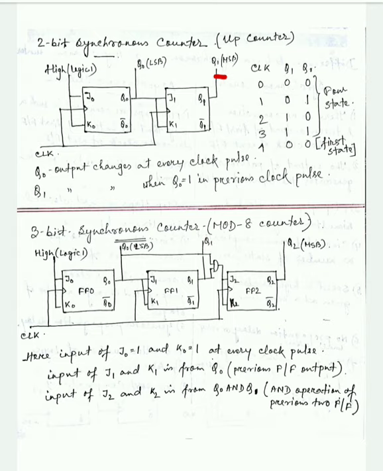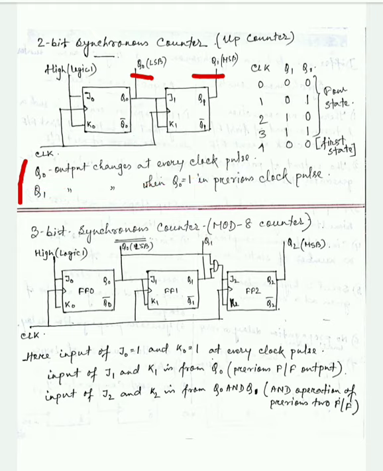So here you see we get two conclusions. What conclusion? We get our number of states from the output values Q0 and Q1, so we have to note when Q0 and Q1 will change. We can conclude that the Q0 output changes every clock pulse, because for every clock pulse J0 K0 is 1, and as J0 K0 is 1, Q0 toggles. Toggle means one time it is 0, second time it is 1. That's why the Q0 output changes for every clock pulse.